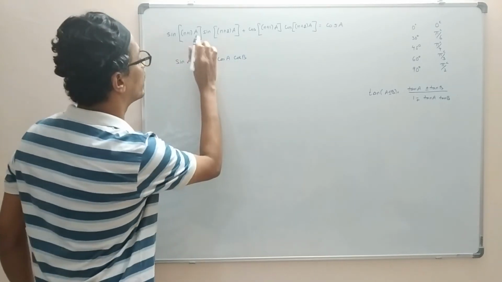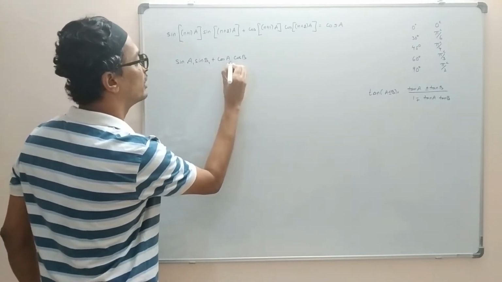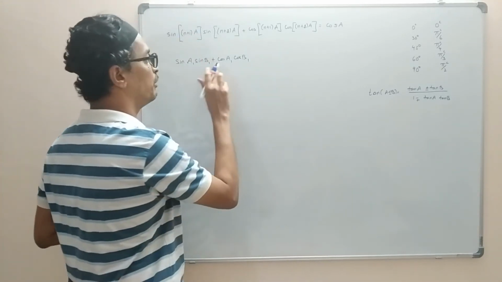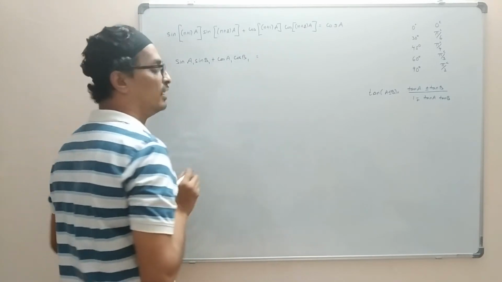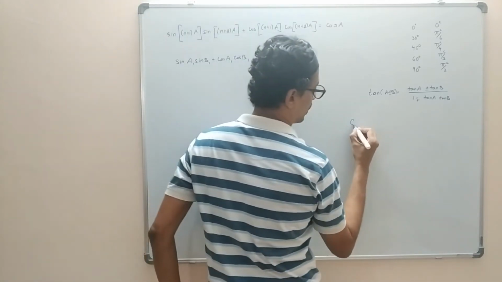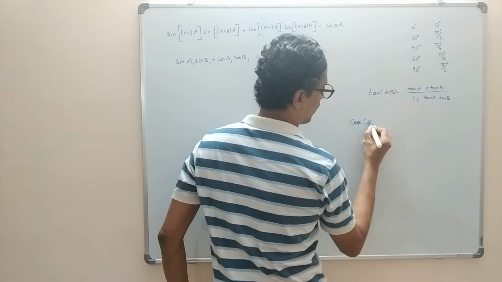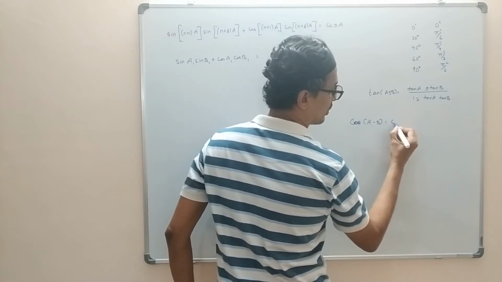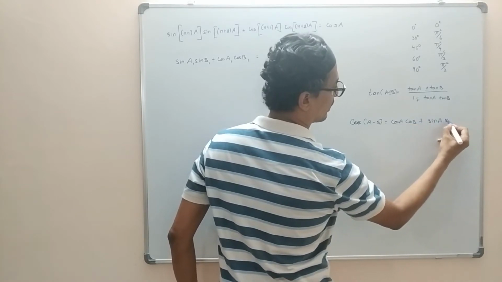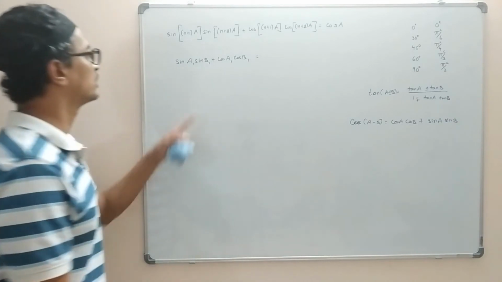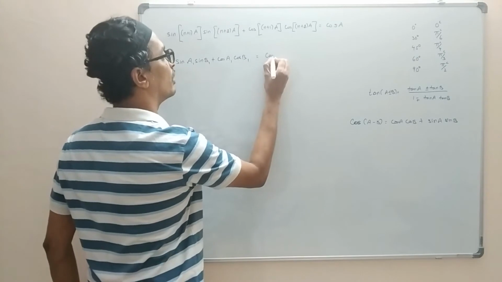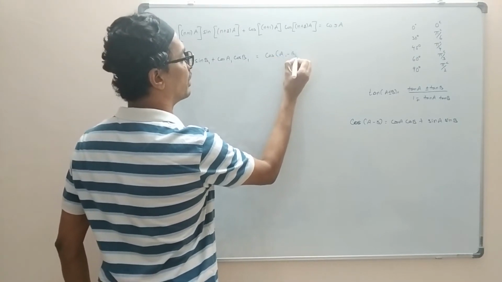We can't call it a, because there is already an a sitting there. Let me call it a1 and b1. So sin a1 sin b1 plus cos a1 cos b1 is what? What is cos(a minus b)? cos a cos b plus sin a sin b, correct? So this is the same thing. So this is cos(a1 minus b1). Okay, it looks like that.